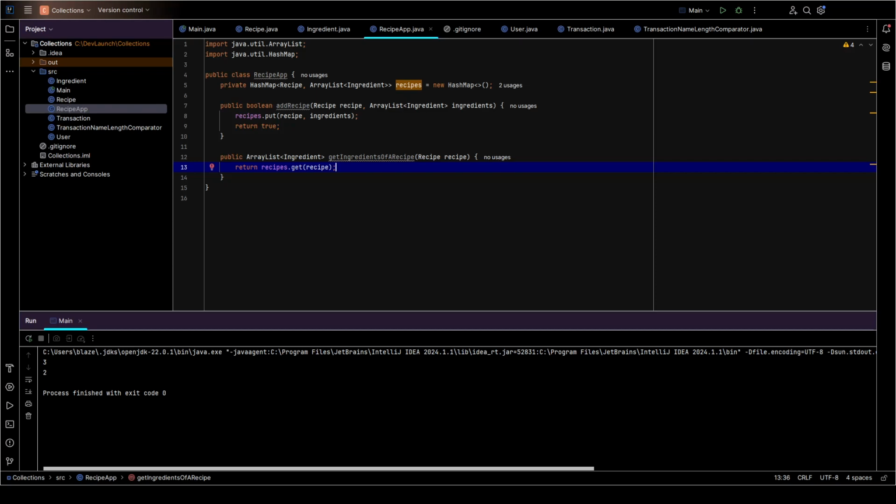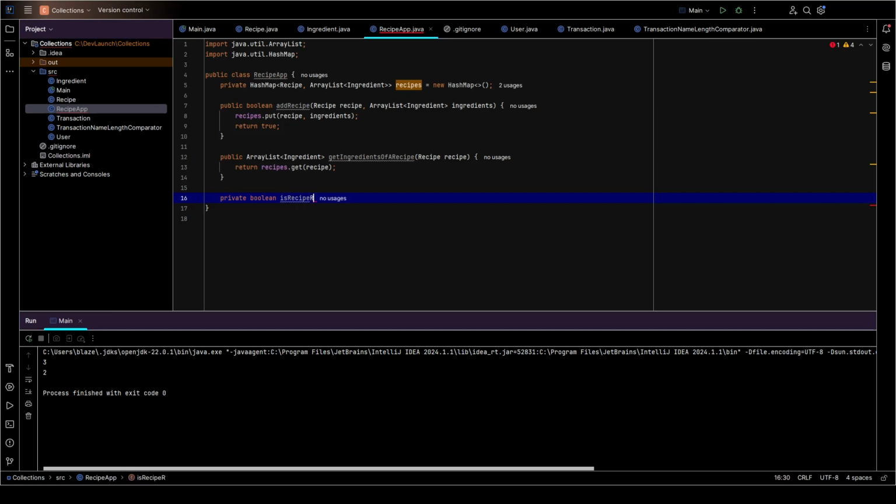But here we are going to run into an issue if the recipe is not there, right? So it's very important to first check whether the recipe is actually within the collection. So let's also create a helper method that is going to be private, that will check whether the recipe is within our recipes map. So let's create a private boolean, true or false, whether if we find the recipe we're going to return true, if not we're going to return false. So private boolean